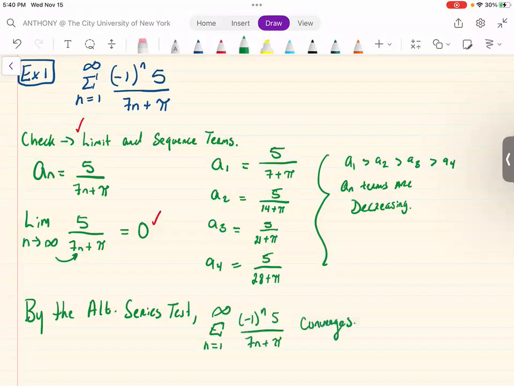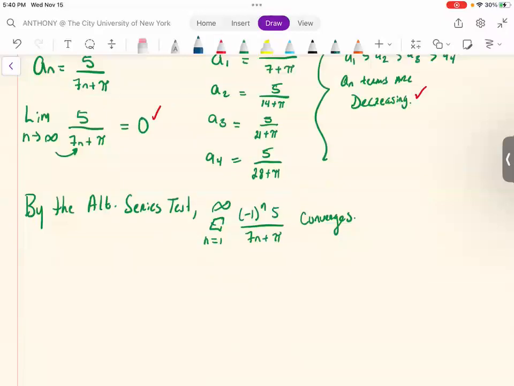Again, I can't stress enough that you got to show that the limit is equal to 0 and that it's decreasing for all n. But you can see that the pattern is going to hold essentially here for the decreasing part. So that would be an example of an alternating series, but I think I could come up with another example. Let's just say we made the numerator 5n here, right? If I try to do example number 2,